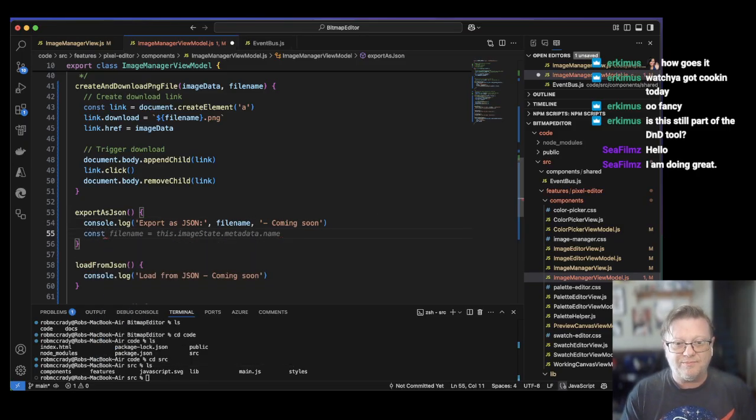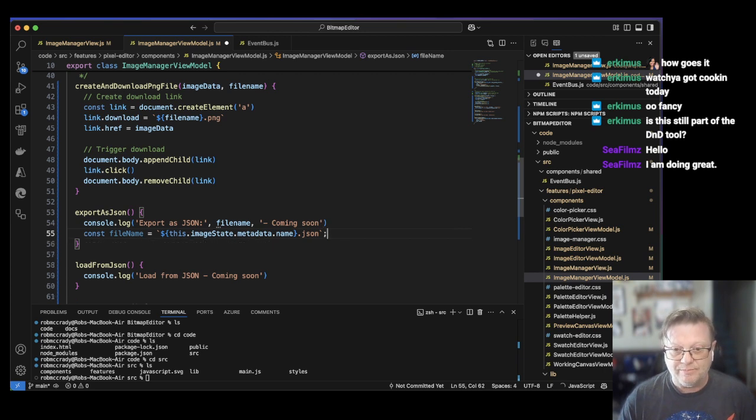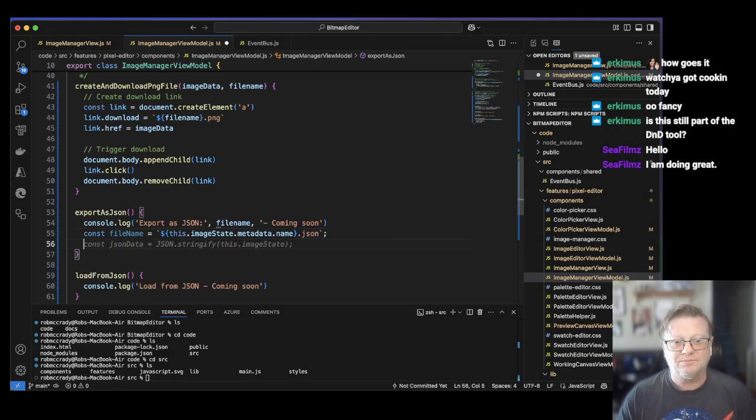Const file name equals, and we're going to backtick, and we'll just export it as a JSON file. And I don't want to stringify this .image state. Const JSON data equals